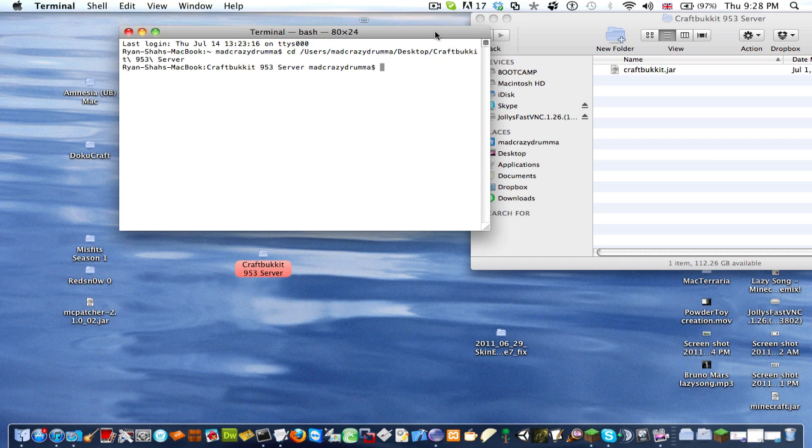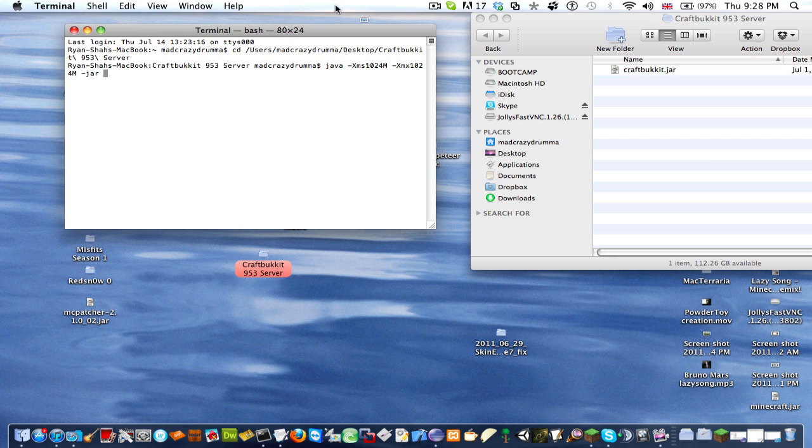Now you want to type in a command to run this. You have to type in java -Xms1024M. The 1024M is basically to run it off one gig. If you want to run it off 2048M and so on, you can. But I don't want to make my computer lag, so I'm just going to do that. And then -Xmx1024M, and then you hit -jar, and the name of your craftbukkit runnable,